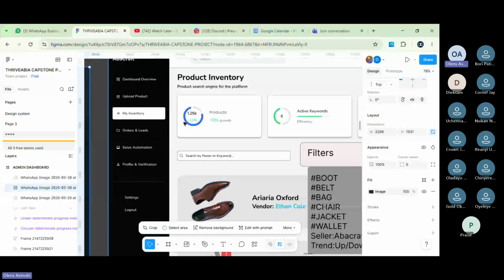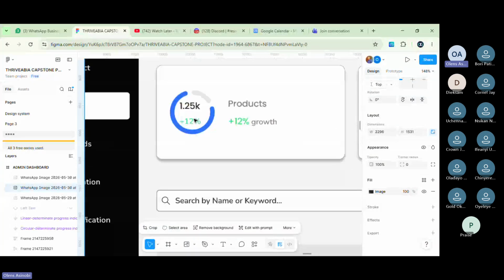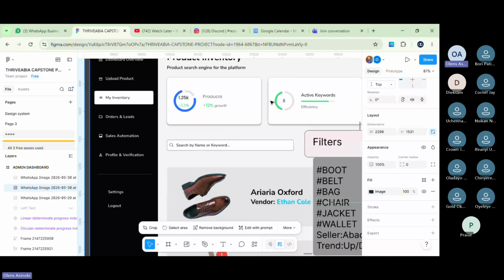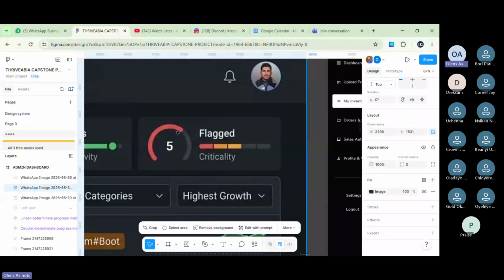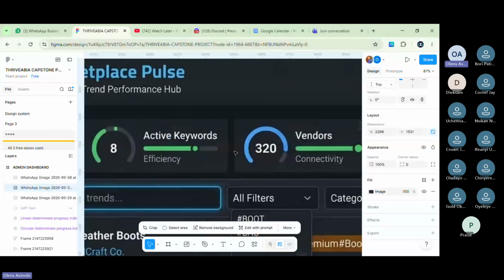But there is no need for putting this 12% inside here when you still have plus 12% growth. Then why is it in the form of a progress bar? Why did you use a progress bar? Is it because this one uses a progress bar?